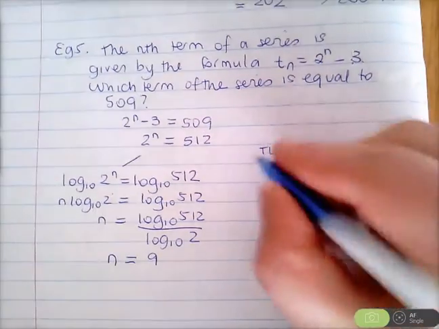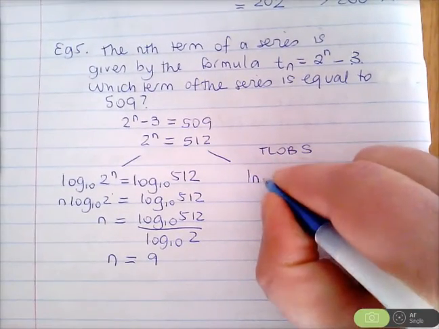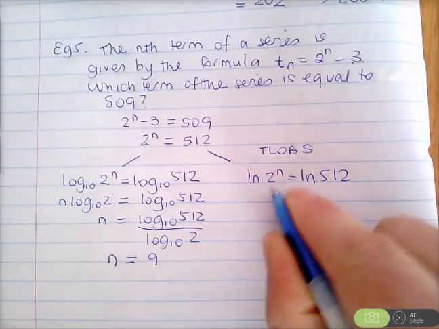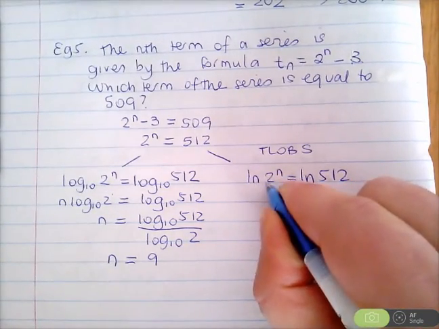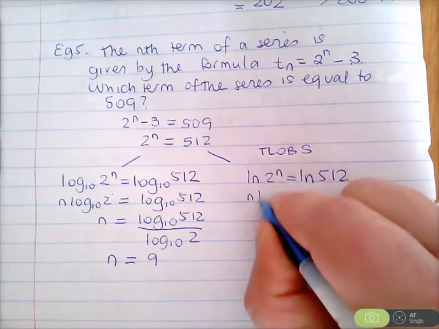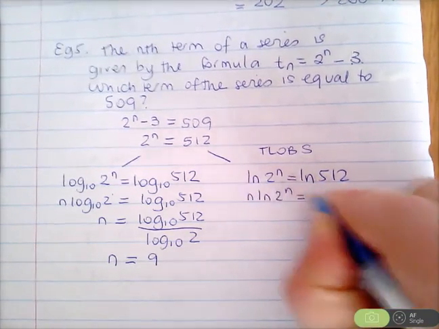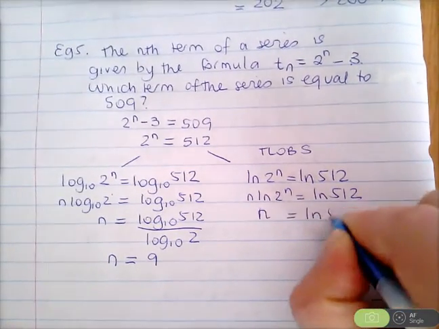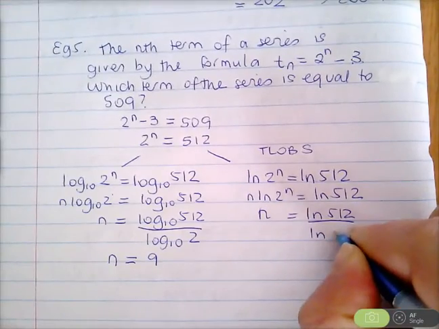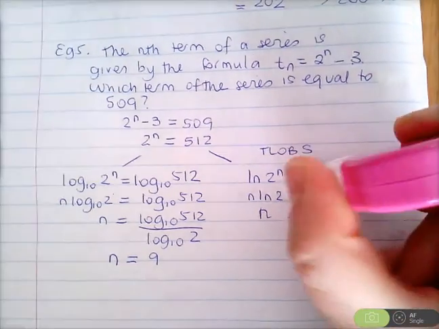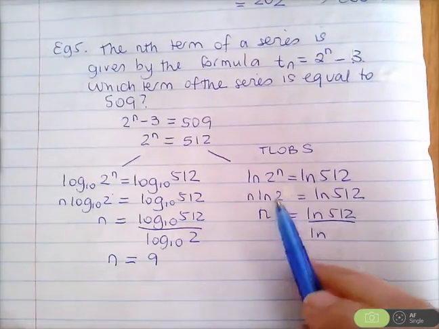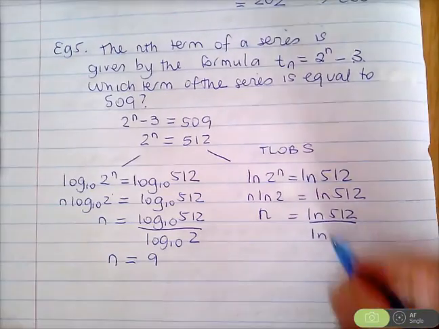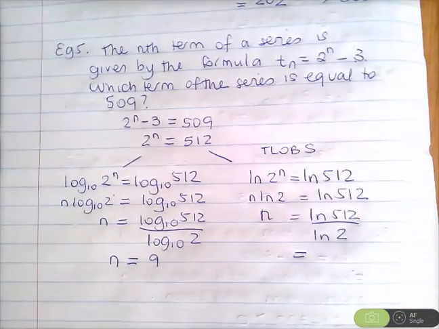which is equal to 9. The other thing you can do is just take log to the base e or ln of both sides. And using the log law, we get ln of 2 to the power of n is n ln 2, so n ln 2 equals ln 512. So therefore n is ln 512 over ln 2. And putting that on your calculator,